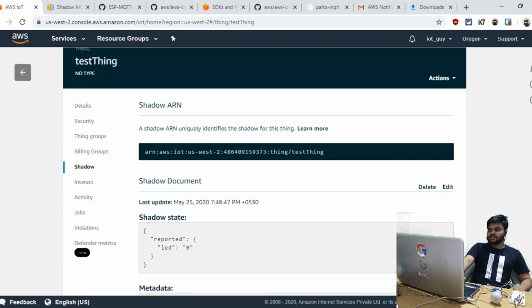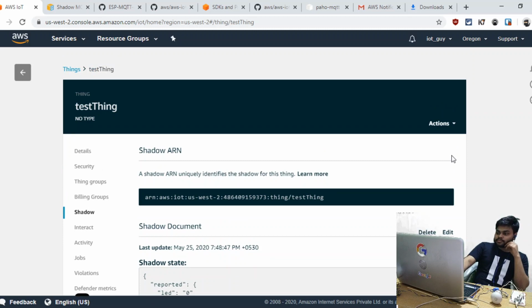This is similar to a service called DynamoDB, where we attach every update request with a timestamp. We have also seen this in InfluxDB when working with a time series database. So this is how thing shadow works.